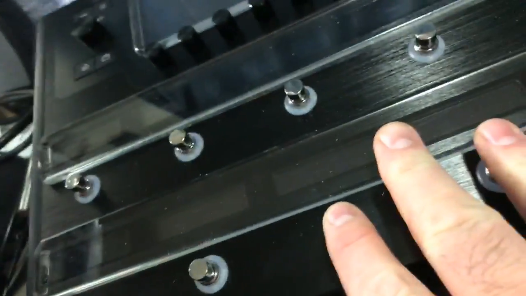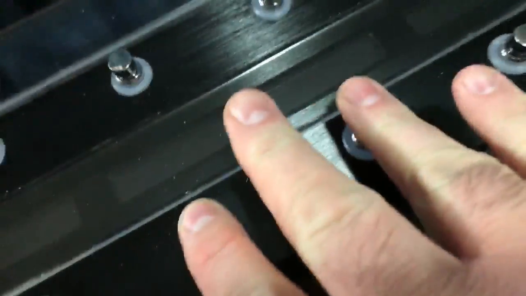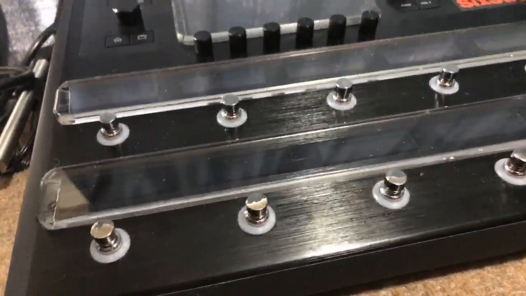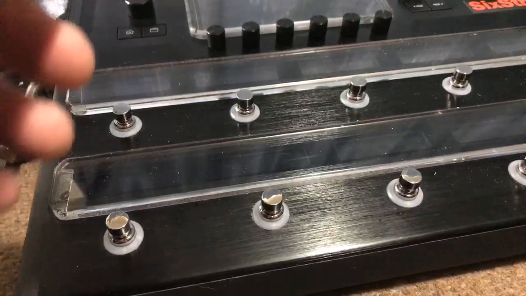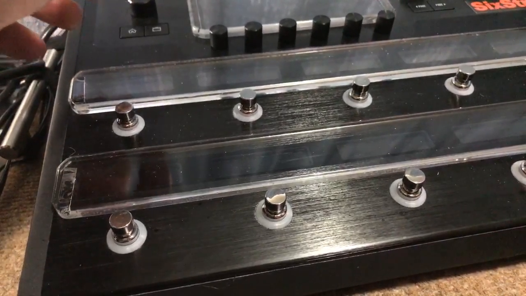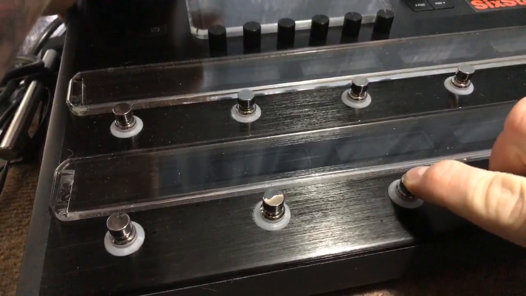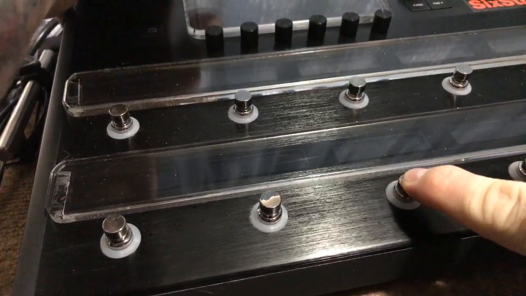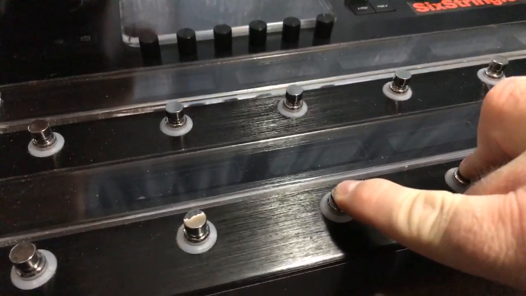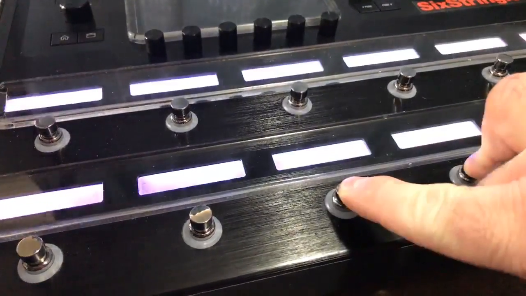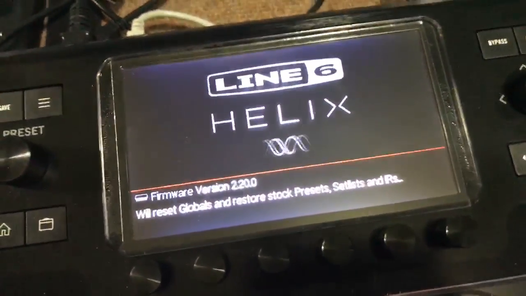I'm going to drop it. Hang on. Wait, let me do it again. Okay, let's see. Oh, there we go. Okay, here goes. You hold these two down. So get it on camera. Hold these two, and you see me reaching back and you turn it on. And you keep holding it until it says